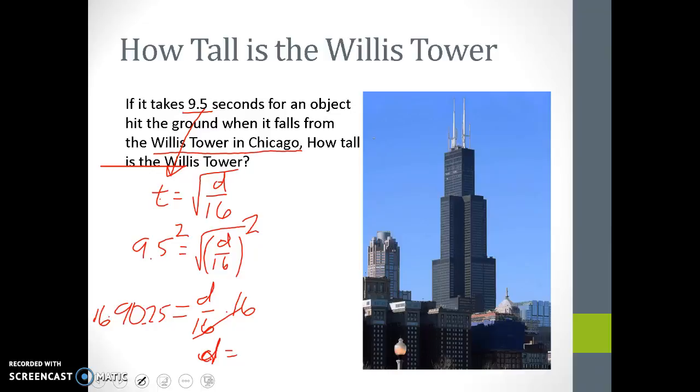Oops, I did that wrong on my calculator. 16 times 90.25 is 1,444 feet high. Now, if you compare that to the buildings that were in Fort Wayne, remember, this is